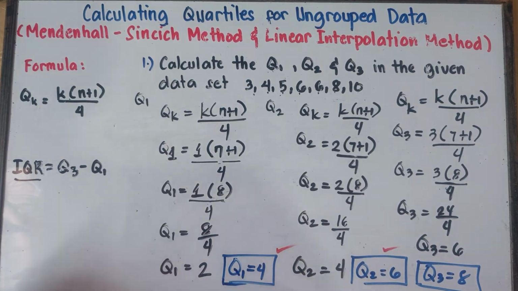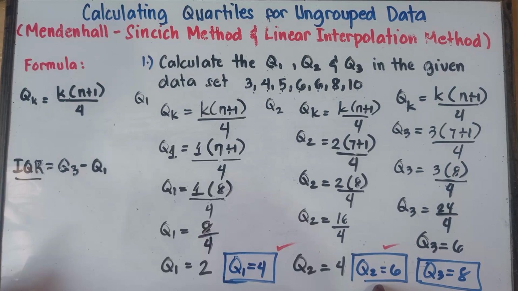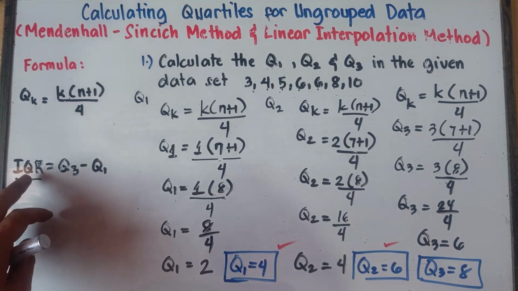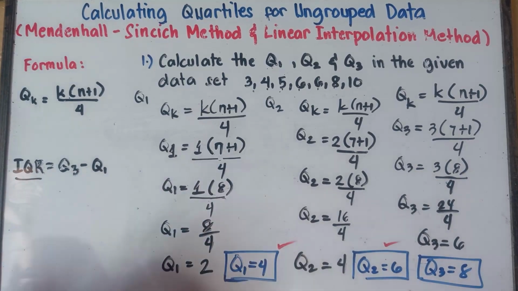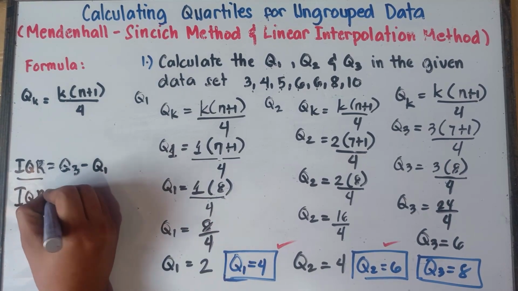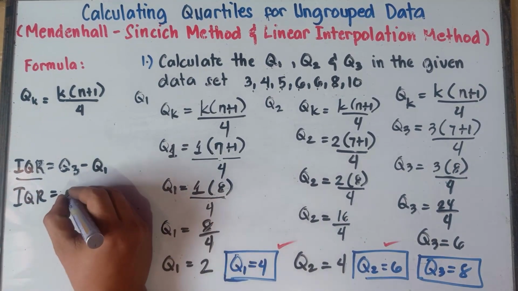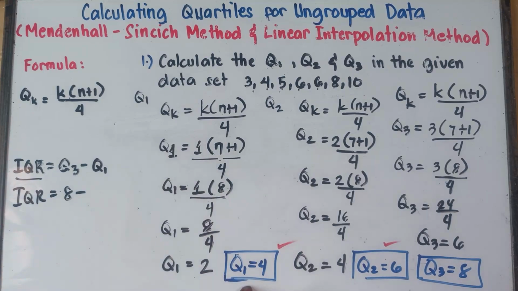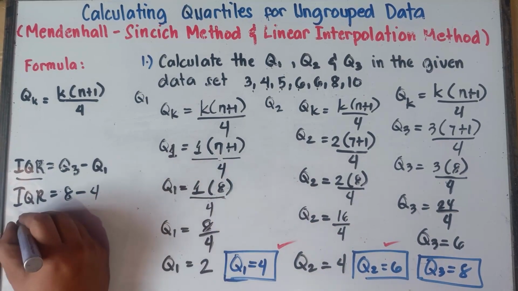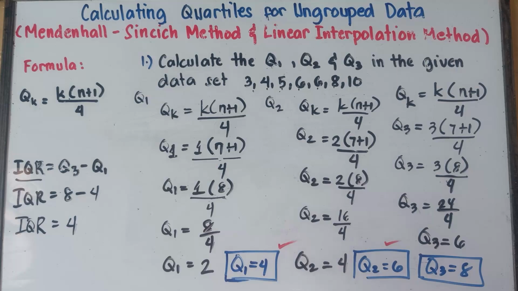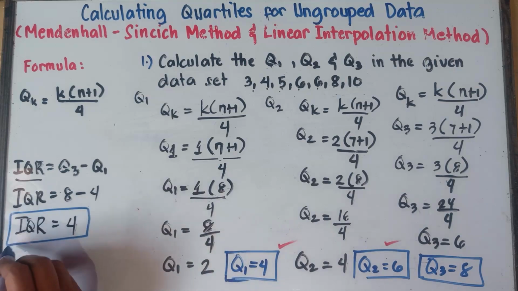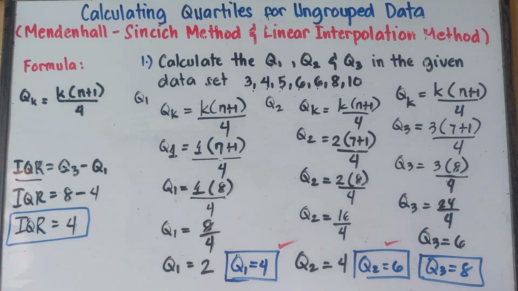Alright, and then you're all set, class, for quartile 1, quartile 2, quartile 3. So, quartile 1 is 4, quartile 2 is 6, quartile 3 would be 8. And then to find the interquartile range, simply subtract quartile 3 minus quartile 1. Alright, let's do that. So, IQR equals quartile 3, which is 8, minus quartile 1, which is 4. So, 8 minus 4. Therefore, the IQR, interquartile range, would be equal to 4. And then you're all set, class. That's it. All set with regards to example number 1.